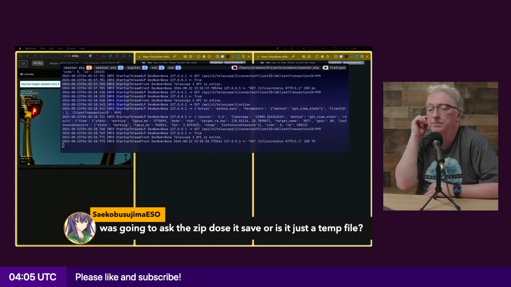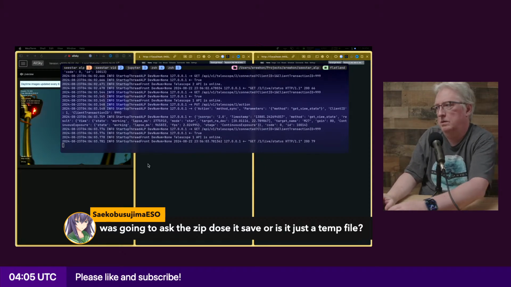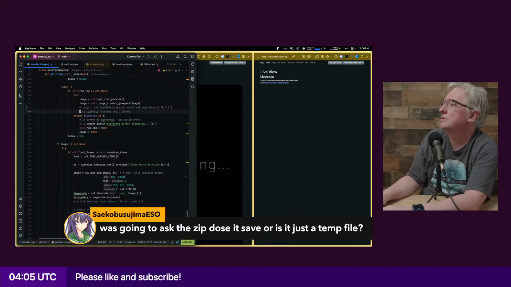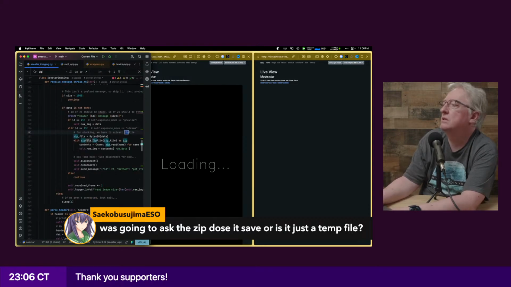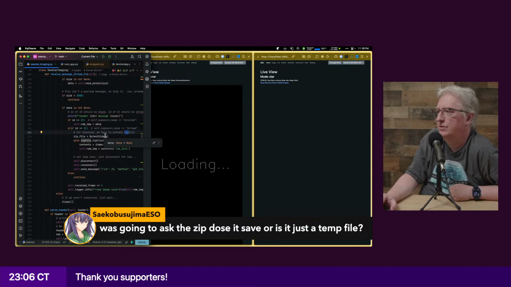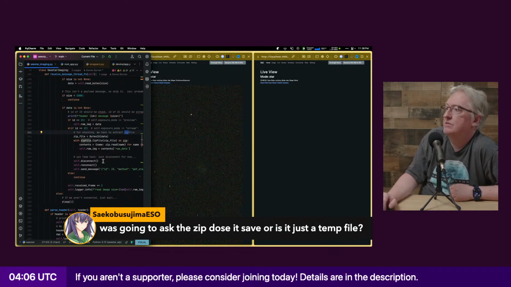Yeah, so the zip, I'm not sure what the Seestar does, but on the code side, it does it in memory. It gets the data from the Seestar into a variable called data, and then it wraps it in a structure that makes it look like a file that's in memory, and then it unzips it and processes it.